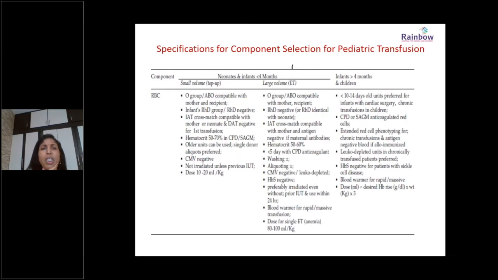This is one important thing we all have to look at, whenever we send the requisition form for small babies. In those situations the blood bank people always ask for the mother's sample as well, because for small babies, especially less than 3-4 months, you have to match with the mother as well, not just with the baby. However, the RH group has to match with the infant. We also have to be aware of the hematocrit of the blood bag we are giving, because you are dealing with small babies in this kind of situation.